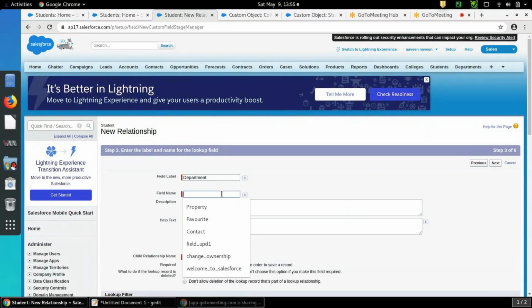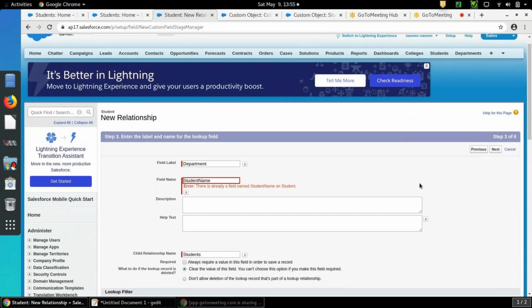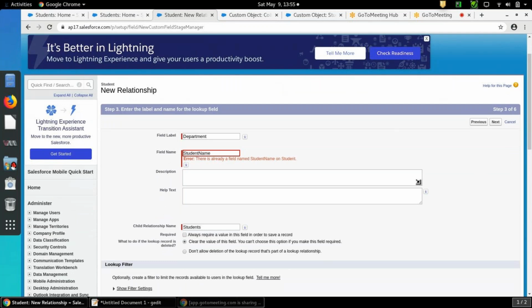So student name. Next. So department name.